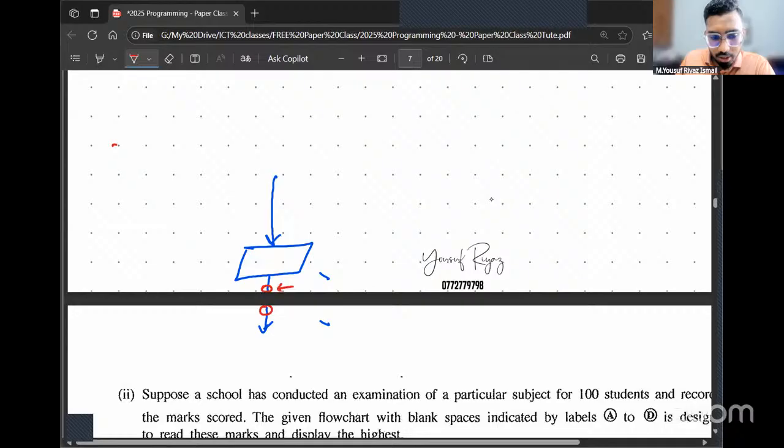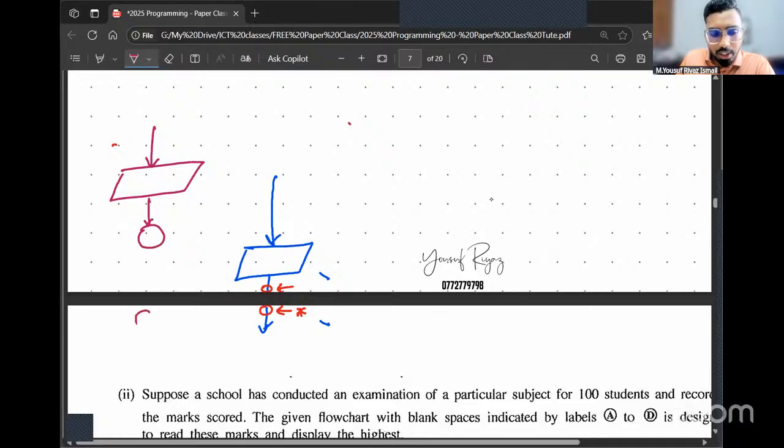What is the shape I can use to show that I don't have space, so the remaining is going to continue from here? Correct. In such situations, when you don't have space, we connect this instruction to a circle.